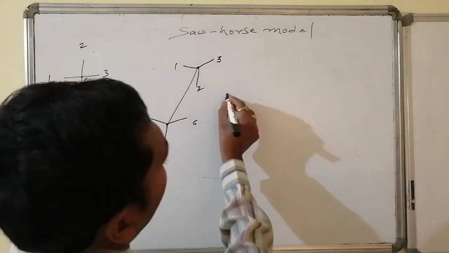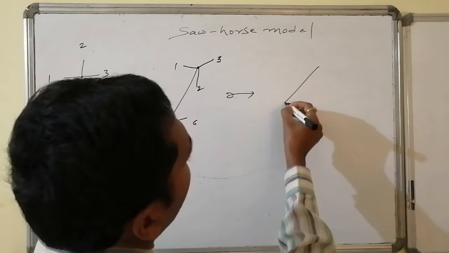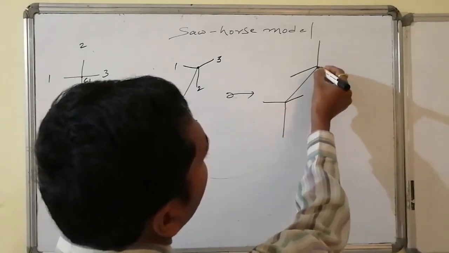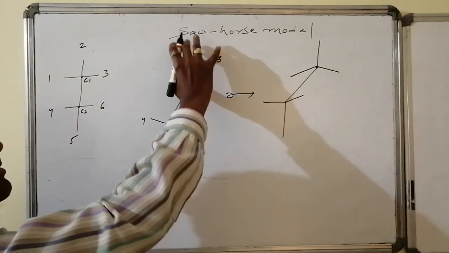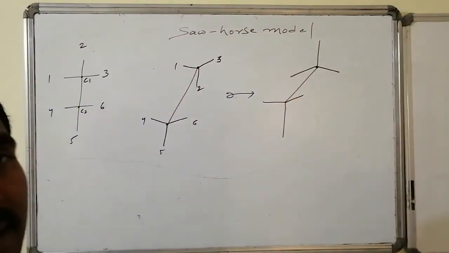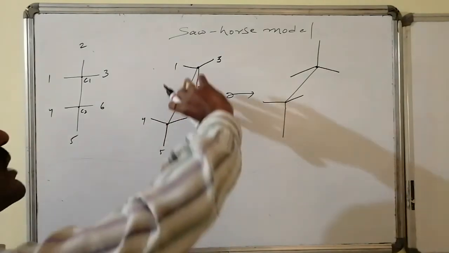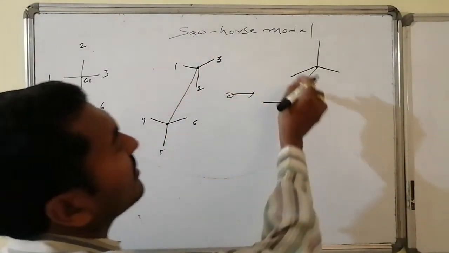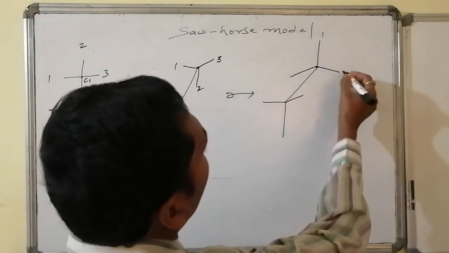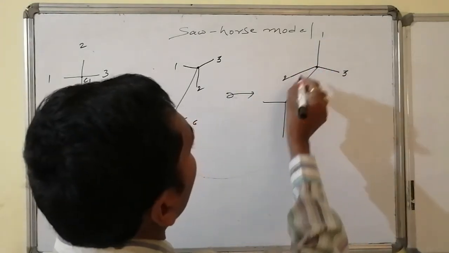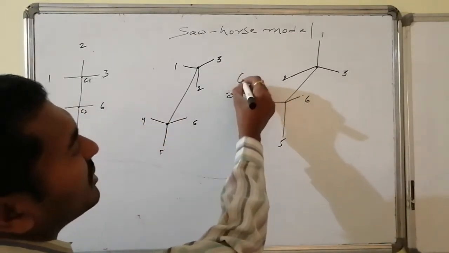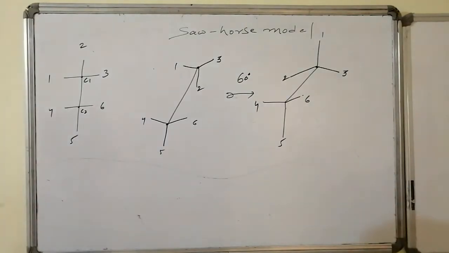Suppose I rotate this one by 60 degrees apart, then by keeping the bottom as it is, what happens is I am just tilting the top valencies. Now these planar bonds, which are 120 degrees apart, can be rotated by 60 degrees. 1 comes over here, 3 comes over here, 2 comes at the other position. So this will become 1, this will become 3, this will become 2, and this is 4, this is 5, and this is 6. Now this is possible by rotation of 60 degrees of the C1 carbon atom.